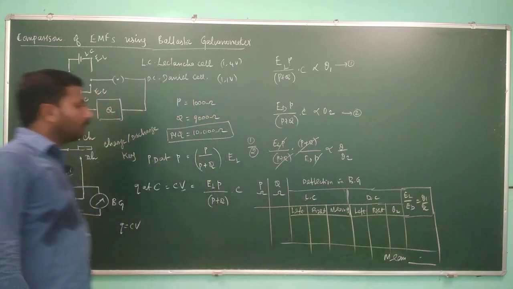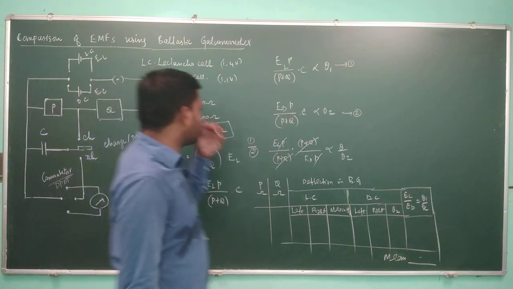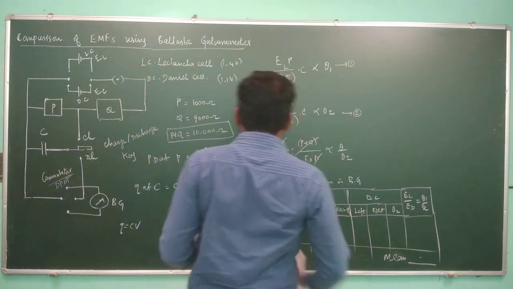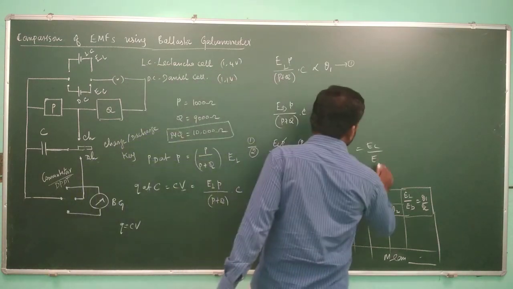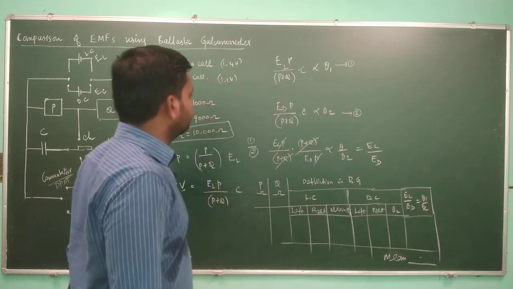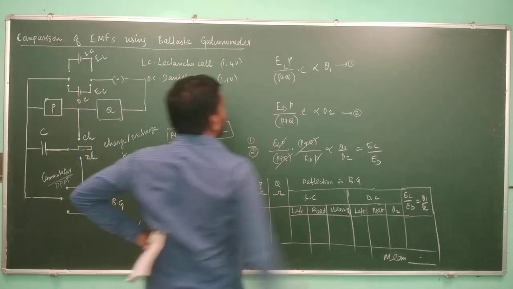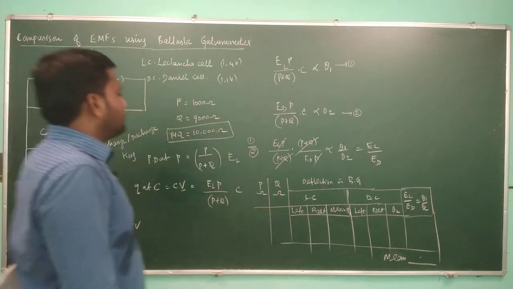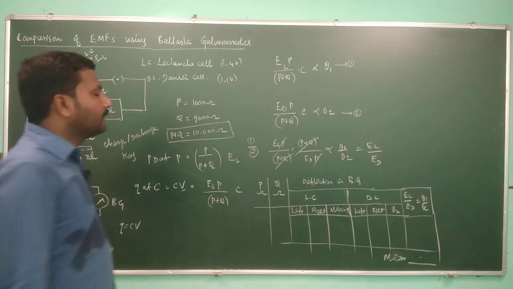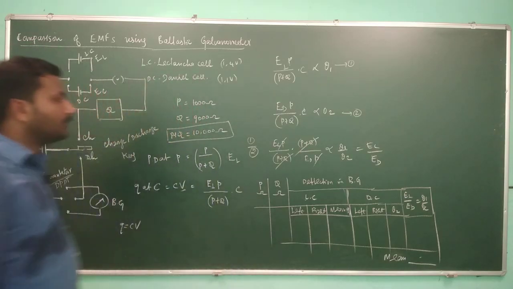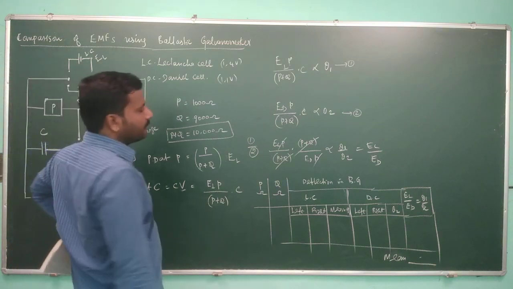But we have to calculate the comparison of voltages, EMFs, so we will consider these two equations and cancel out the common terms, and we can get E_L by E_D, and this is theta 1 by theta 2. And from equation 2, most of the parameters will be deleted, so the remaining is theta 1 by theta 2 equals E_L by E_D, that is the potential difference at Lagrange cell and potential difference at Daniell cell is the ratio between theta 1 and theta 2, that is the deflection for Lagrange and deflection for Daniell cell.